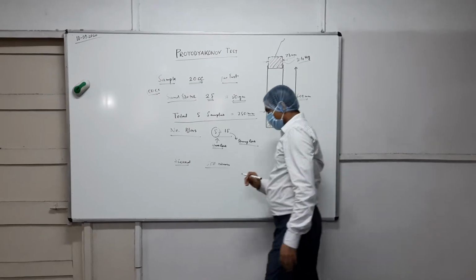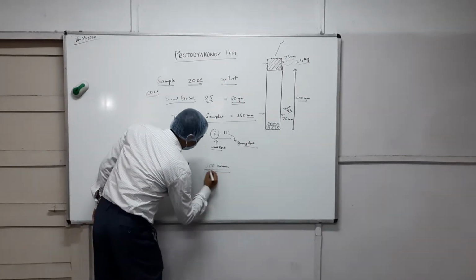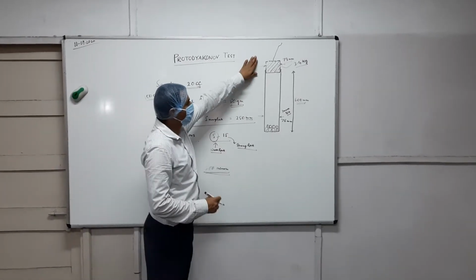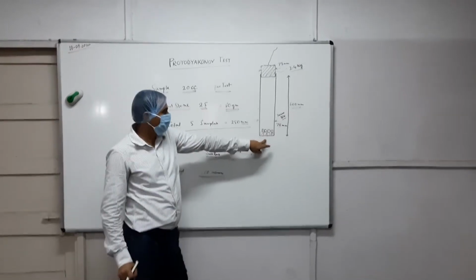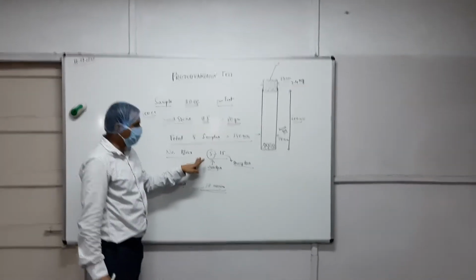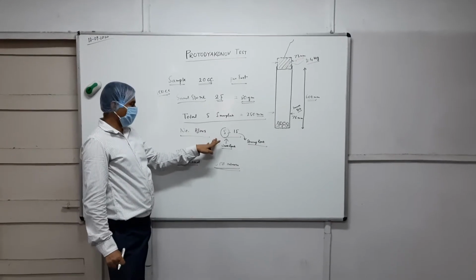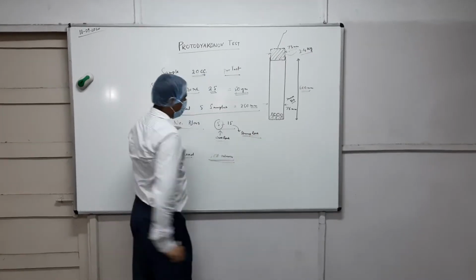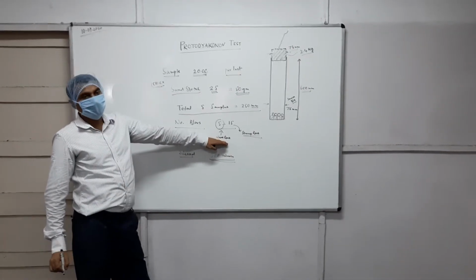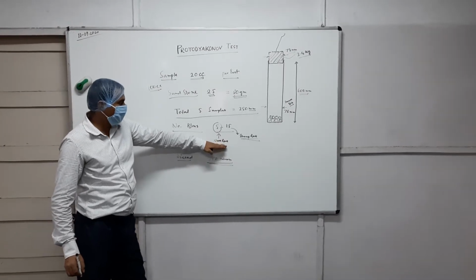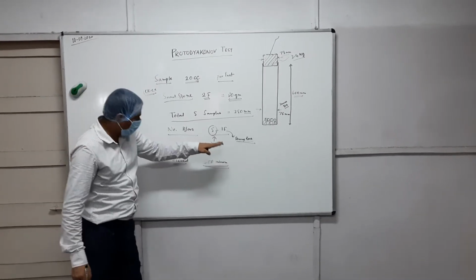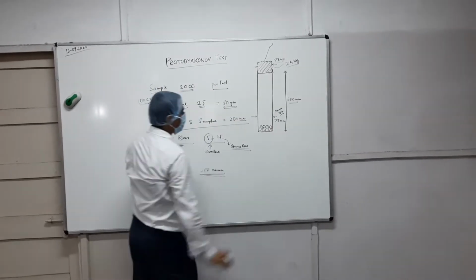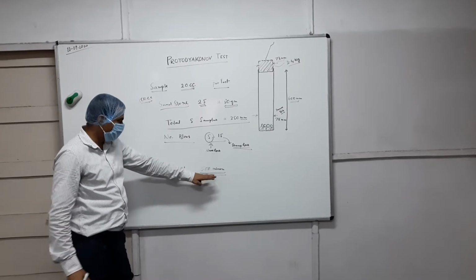will be sieved with a 500 micron sieve. Now the question is, how many blows will we apply on the sample? The standard says that 5 to 15 blows can be applied. 5 is for weak rock and 15 is for strong rock. We categorize sandstone as a weak rock, so we will apply 5 blows. After applying 5 blows, the total 200 gram of sample will be sieved in the sieve apparatus.